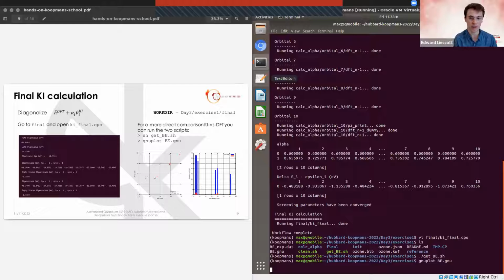Just because this is a typical Koopmans calculation for a molecule. Our next one is going to be on silicon, so it's going to be slightly different because we'll be dealing with a periodic system. But yeah, let's pause here, and I'll let people have a look at the different input files, try and look at these plots for themselves, and I'll answer a few questions, and then we'll